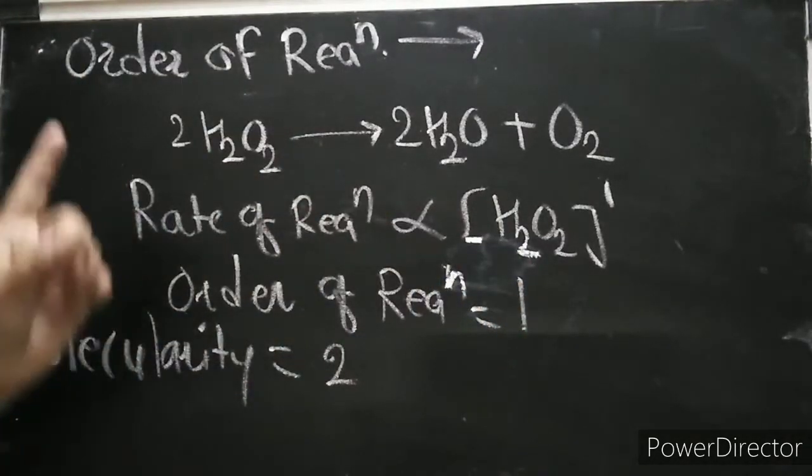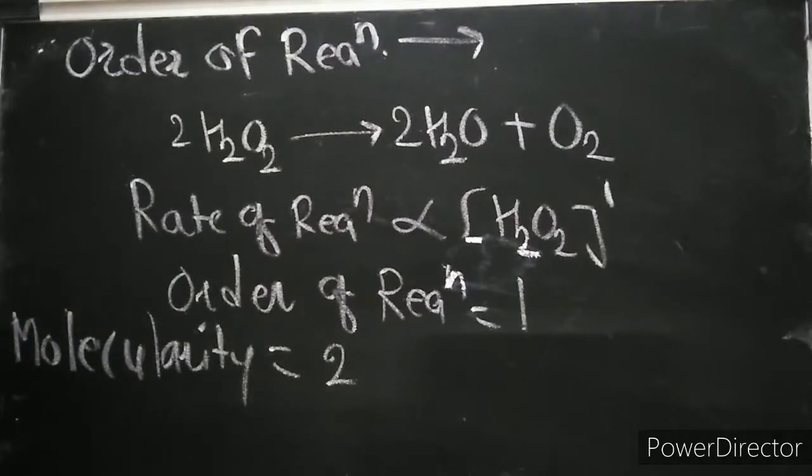What it means is that we are able to find the molecularity theoretically by observing, but the order of reaction can only be determined experimentally. So this is the first point of distinction between order and molecularity. Two points we have already covered. May I repeat, if the question is order and molecularity: order is the sum of the exponents to which the concentration terms in the rate law are raised. Molecularity is the actual number of molecules taking part in an elementary reaction.